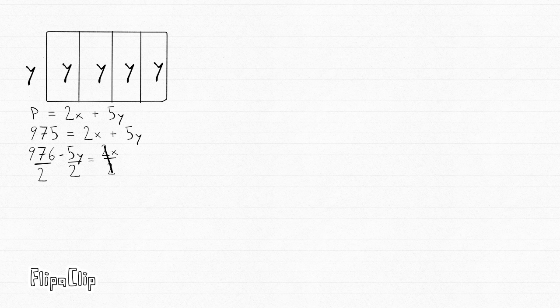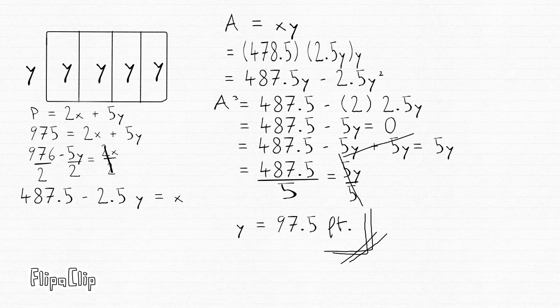Then since it says to divide it into 4 pens, we will have it divided inside the area, which results in P equals 2x plus 5y. Our objective here is to get x, but first, put negative 5y on both sides. On the other side, it turns into 0 since negative 5y and positive 5y is 0. Then we divide 2x by 2, using the golden rule of what is done to one side must be done to the other. So 975 divided by 2 and 5y divided by 2, we get 487.5 minus 2.5y, which is the value of x. We stop here and proceed to the product, which is written as area equals xy.